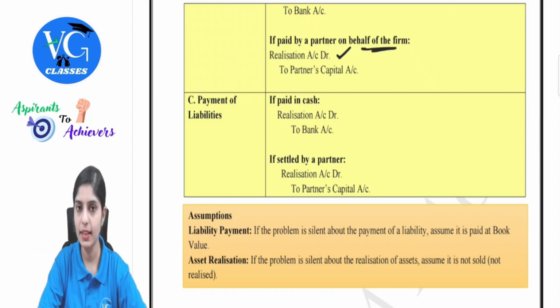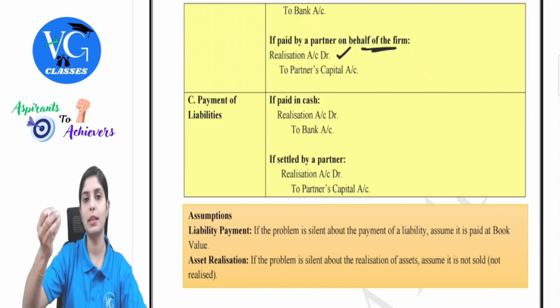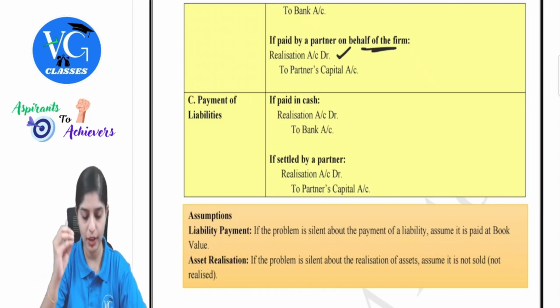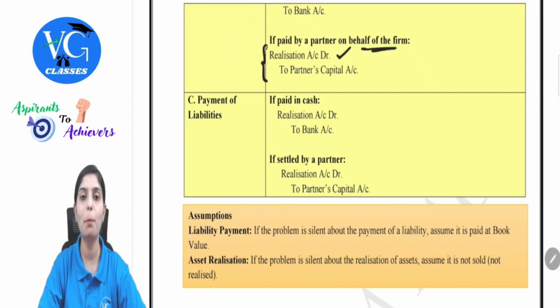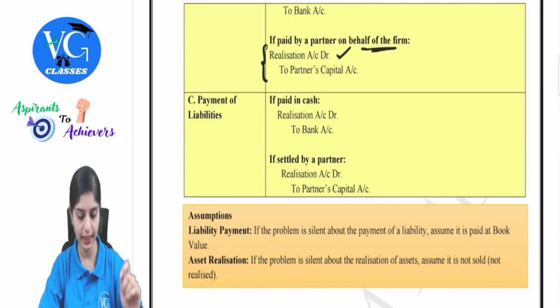So when the partner takes the reimbursement, his balance will increase. That means it has to be credited. So therefore, the journal entry here will be realization account debit to partner's capital account. I hope this is clear. Next,